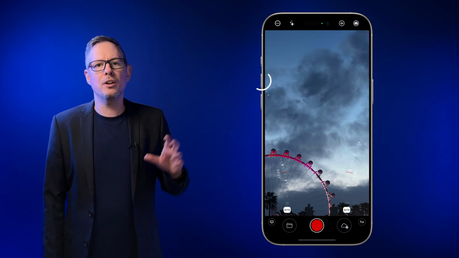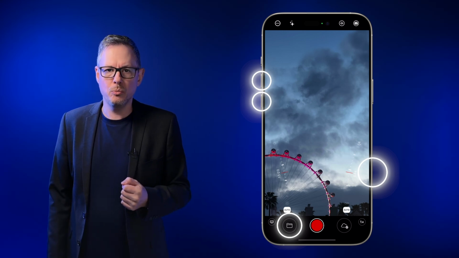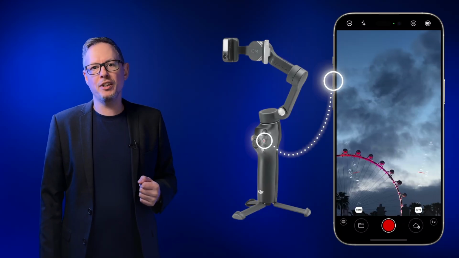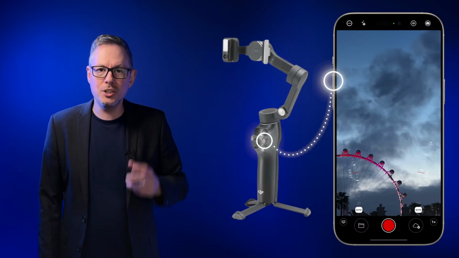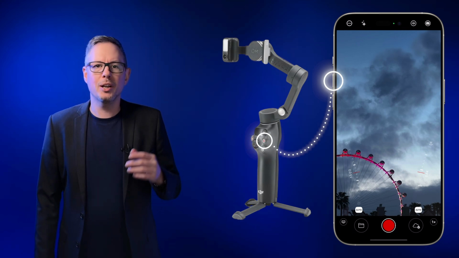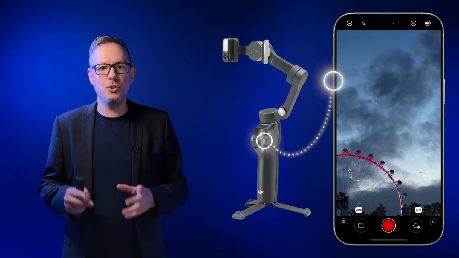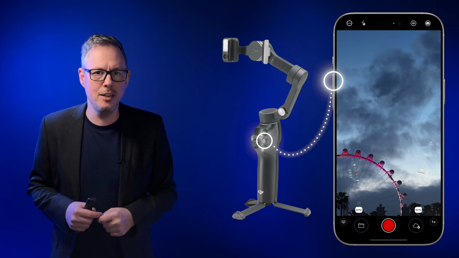In fact, there are a total of 4 buttons that you can configure to do exactly what you want. And if you've got a gimbal or a remote control, one of those buttons is also likely to map to one of the configurable buttons on the phone, which is really useful. Now, today we're going to show you how to configure it, and I'm going to show you a little bit about how I use them in my workflow, but I'll be very interested in how you use yours. So drop me a comment and let me know.